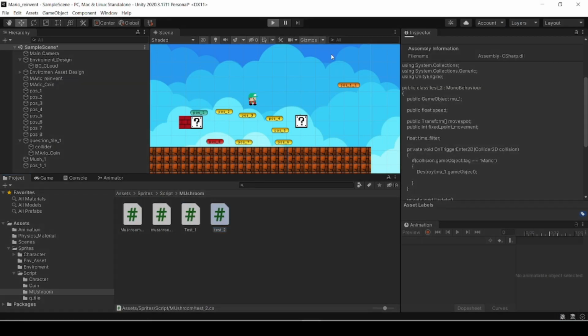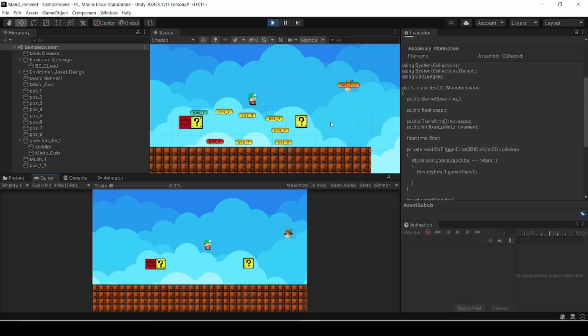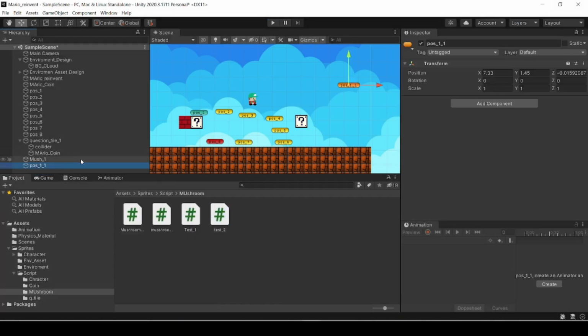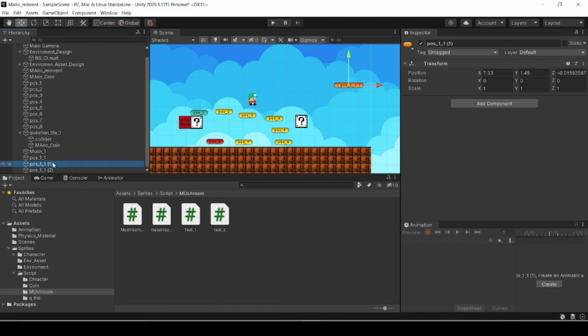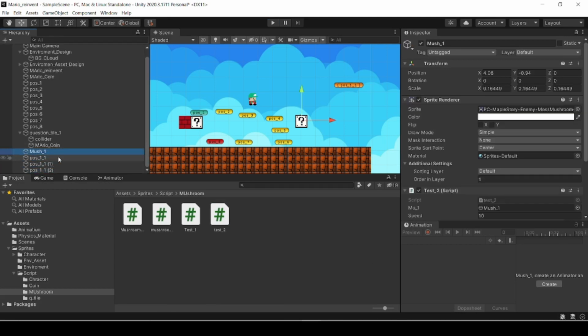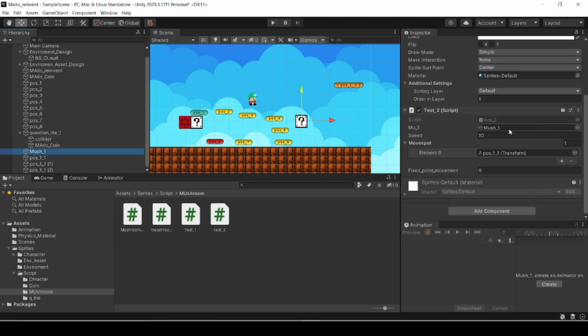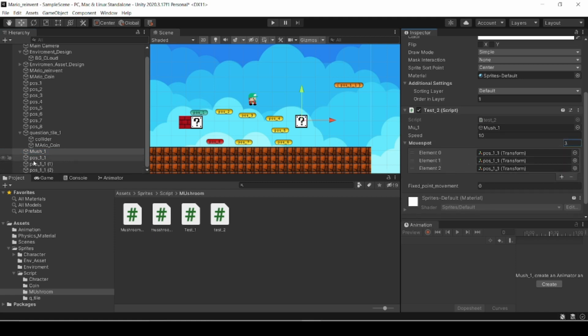So now let's check it again. It's now working fine. So we can continue with multiple points also. I'm going to duplicate this, and I'm going to use mush. Here I'm going to move spot 3, which means there are multiple spots where we want to move our mushroom. Here this is our position 2, this is our position 3, and we want to speed it 10.